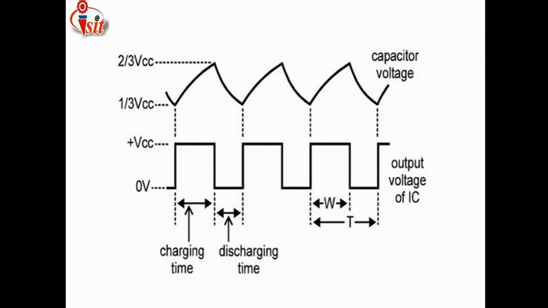Next, this is the actual waveform that comes into the picture for the square wave generator. Just see here, we are applying 1/3 of VCC and here 2/3 of VCC. This is the capacitor charging period and this is the capacitor discharging period. Again, this is the charging time and this is the discharging time. For the charging time, the capacitor voltage is in an increasing direction, rising towards the steady position, and from there, during discharging, it goes down.